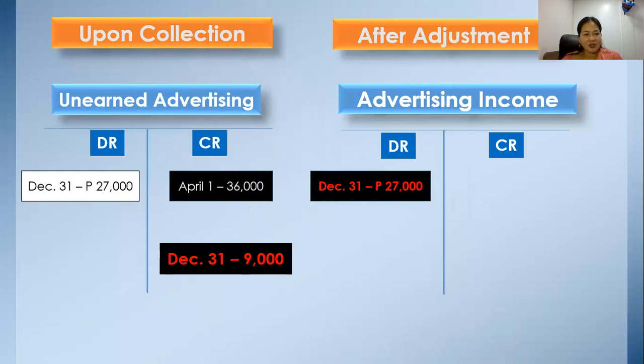So upon collection, you have unearned advertising established at 36,000. Then at the end of the period, when you do your adjusting entry, it's a debit to advertising income,